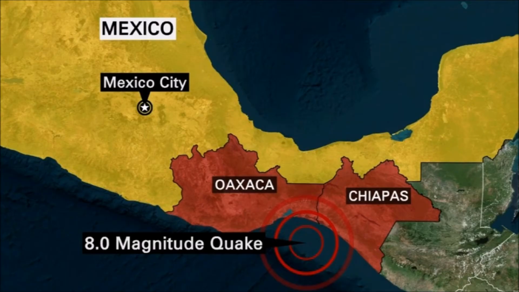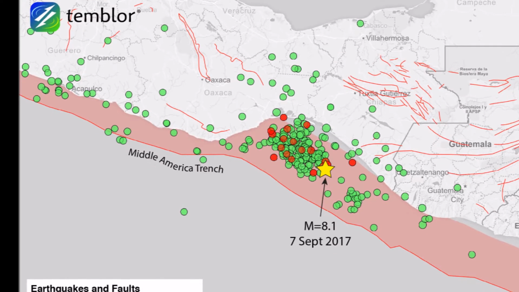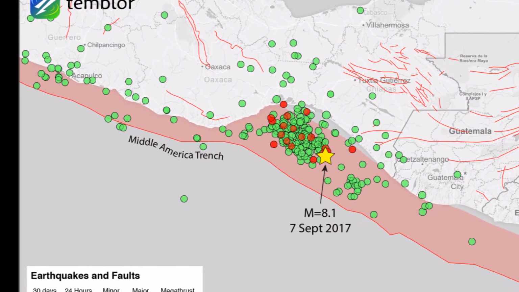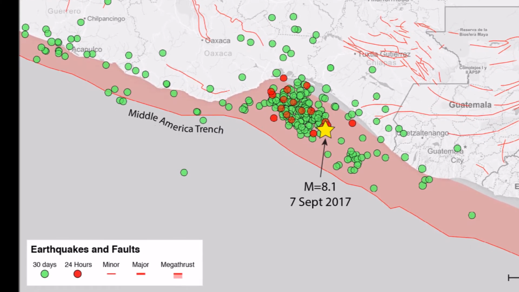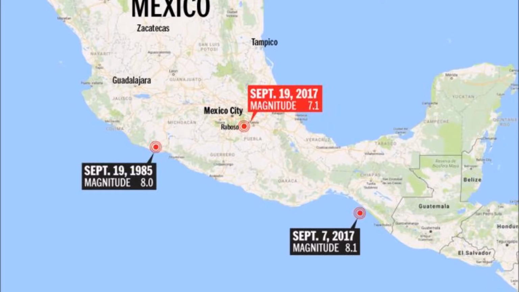The epicenter of the earthquake on September 8th was located off the coast of Chiapas, Mexico, and was about 450 miles southeast of Mexico City. Aftershocks continued to roll through the country for the rest of the day, with at least 6 tremors measuring above a magnitude 5.0. On Tuesday, September 19th, another magnitude 7.1 earthquake occurred in Mexico, with the epicenter just outside of